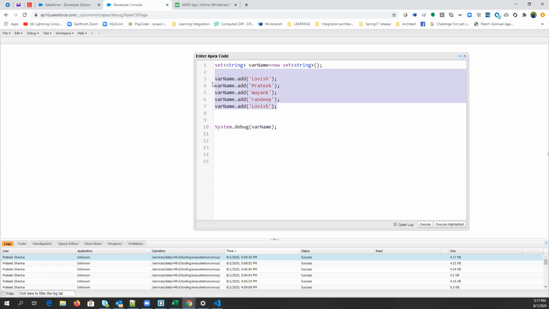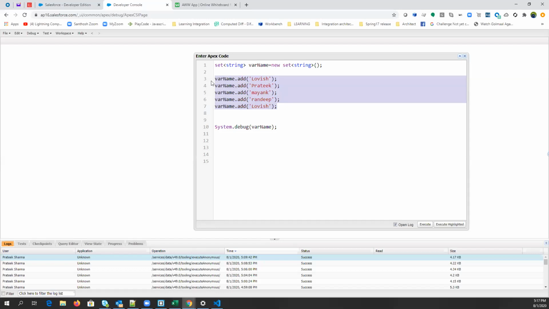It won't give you any warning or any kind of error. But if you insert a duplicate value, any one value will be replaced. You don't know which one will be removed, but a single duplicate value will be removed. That is why it is unordered. If you think again about what unordered means, that is why. If it replaces Lavish from index number 0, you don't know, because you inserted Lavish at index number 0, but now you are getting Pratik at index number 0. That is why it is called unordered. So that is why set is used for IDs, because here we are using strings.